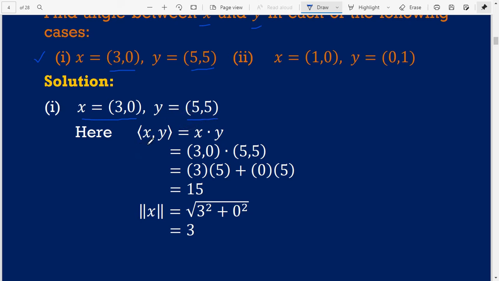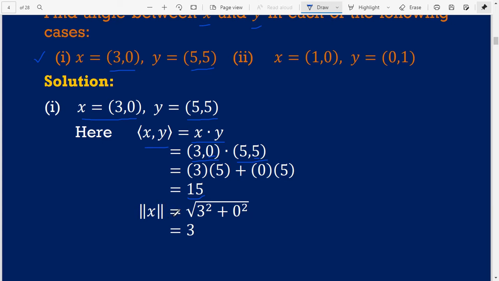Here the inner product of x with y is defined as x dot y. So the dot product of (3, 0) with (5, 5) is equal to 3 into 5 plus 0 into 5, which is 15 plus 0, so it is equal to 15. And norm x is equal to